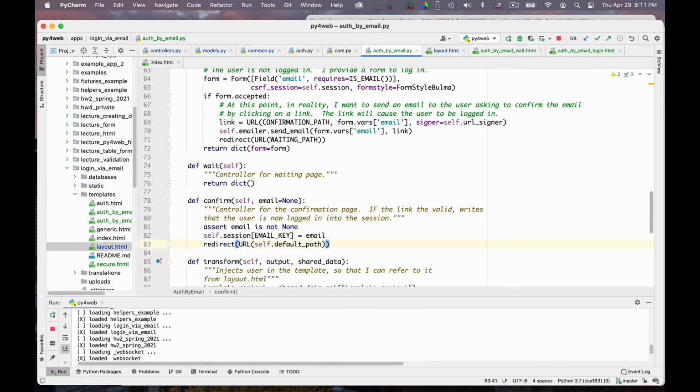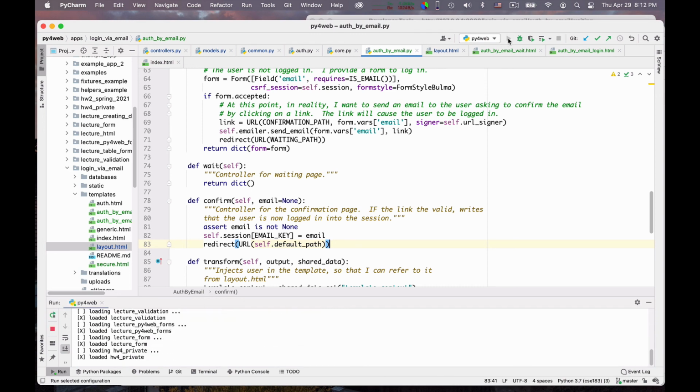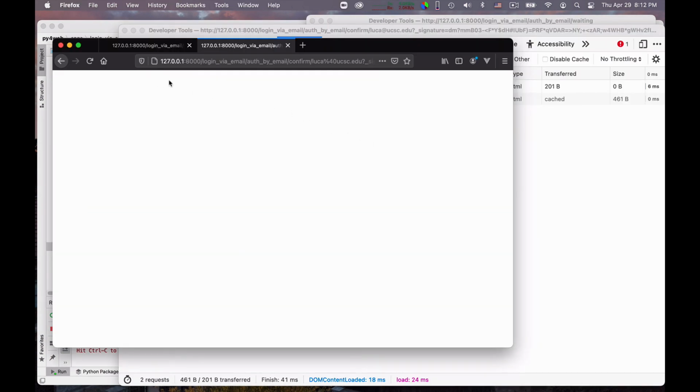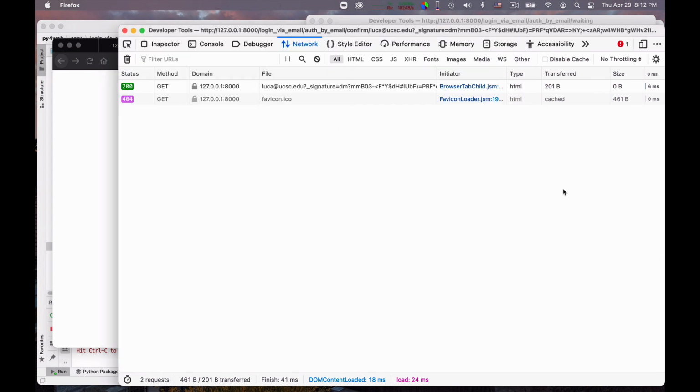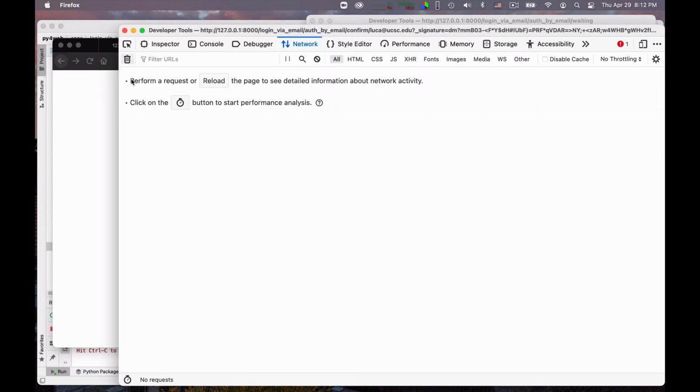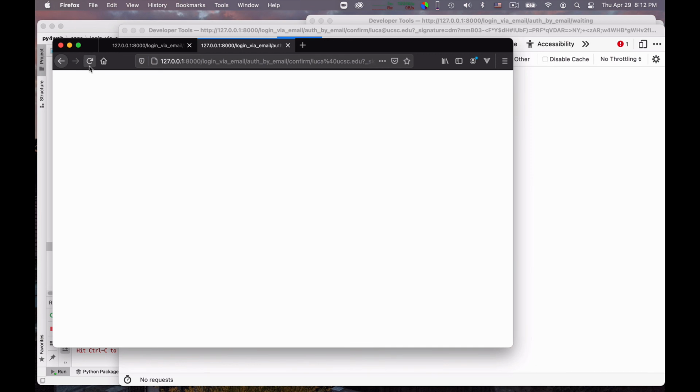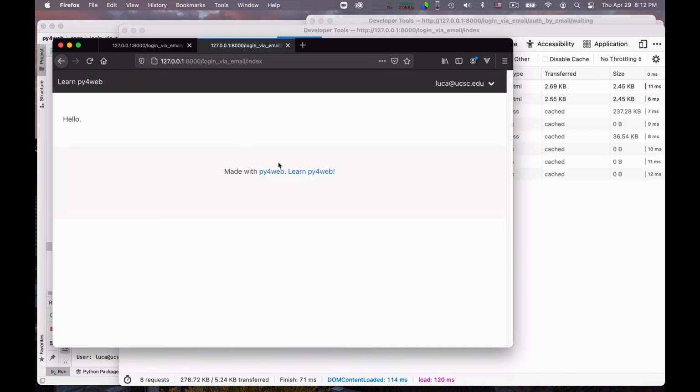Okay, so if I add these and I restart, I shouldn't need to do anything else. But now, if I am here and if I reload this page, let's keep an eye on deleting the old calls. So assume I do this. Ha! I go to the index and I'm logged in. Oh, this works. This is actually beautiful. We got it all to work.